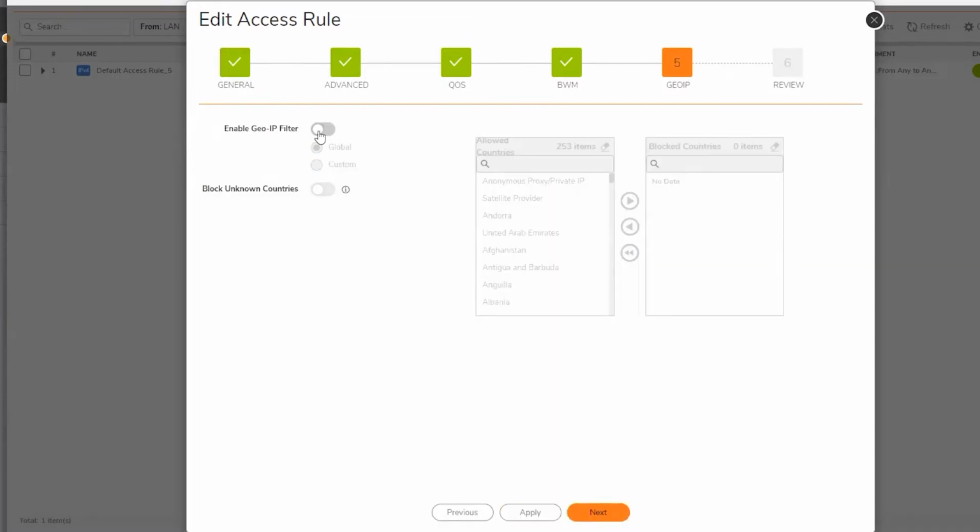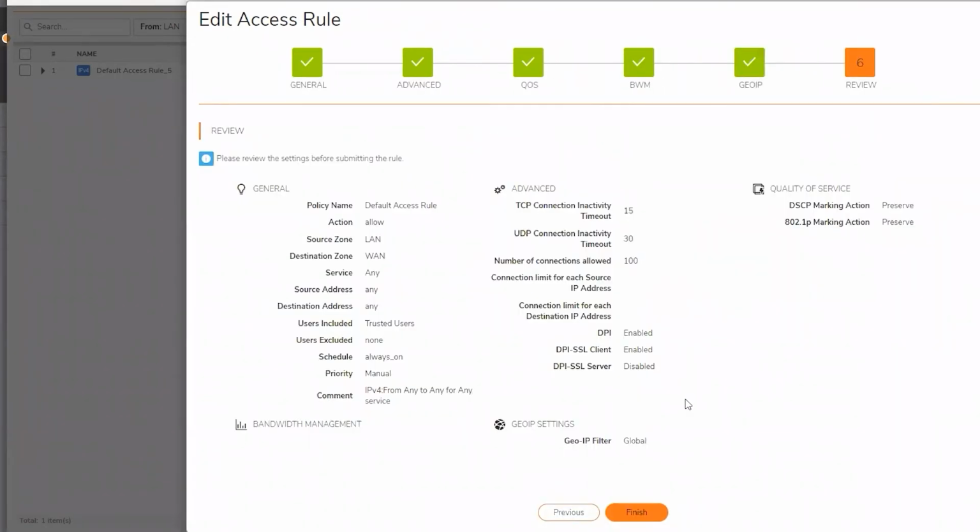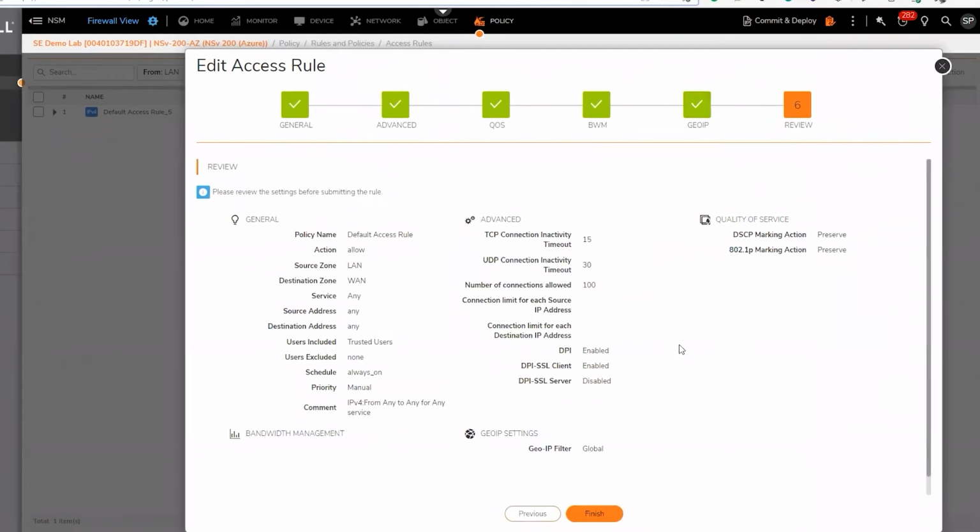Here, we will enable geo-IP filtering on our global level policy to make sure we're only looking at the appropriate data from appropriate countries. Finally, we can review the entire rule here before finishing and applying this rule for north-south